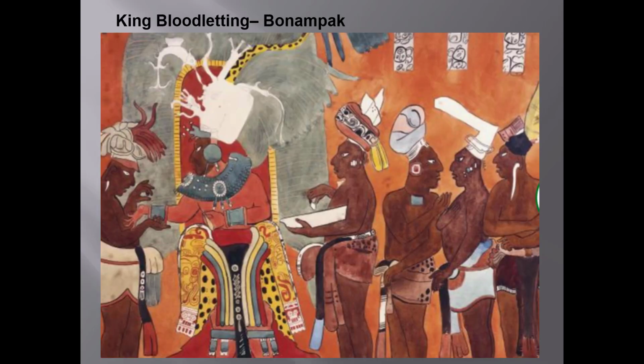But it wasn't just captives whose blood was shed. Here we see the king performing a bloodletting ceremony before battle. The ancient Maya used spines from stingrays and cacti as well as obsidian knives to pierce their ears, tongues, and genitals to spill their blood for sacrifice. Sorry guys, blood from the penis was especially valued. Why, would you think?